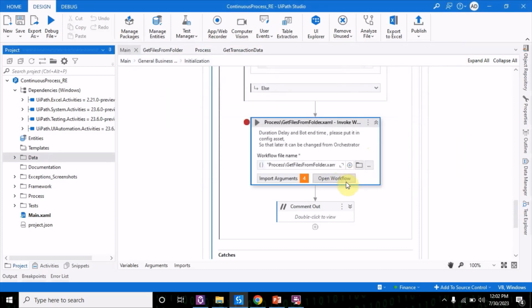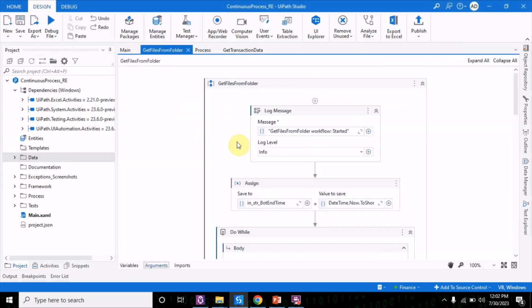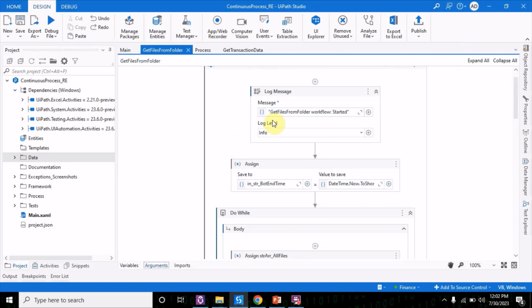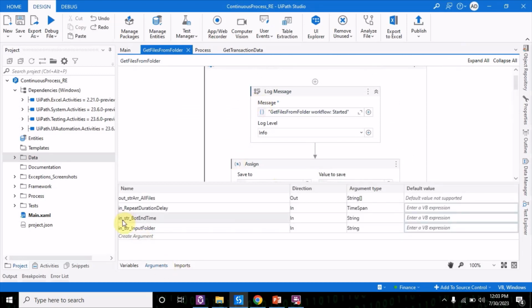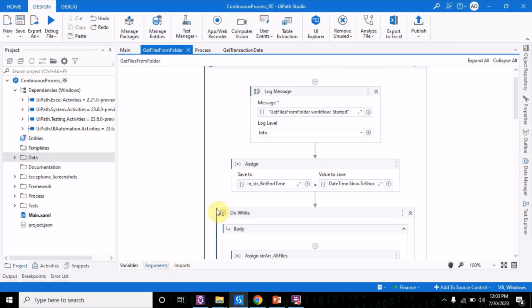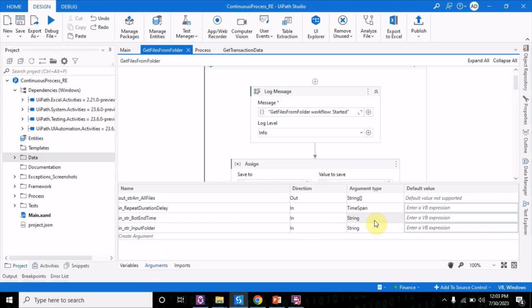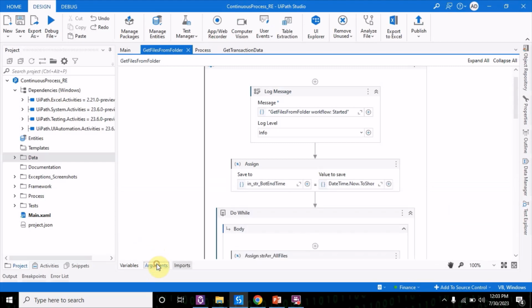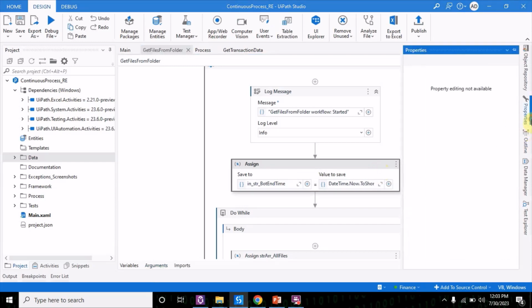Okay, now let's go to our workflow. The first thing that you have to do is str bot end time. So you see this str bot end time, here we are going to have a time. Basically when we want to stop a bot for the current date. So for that what I have done,